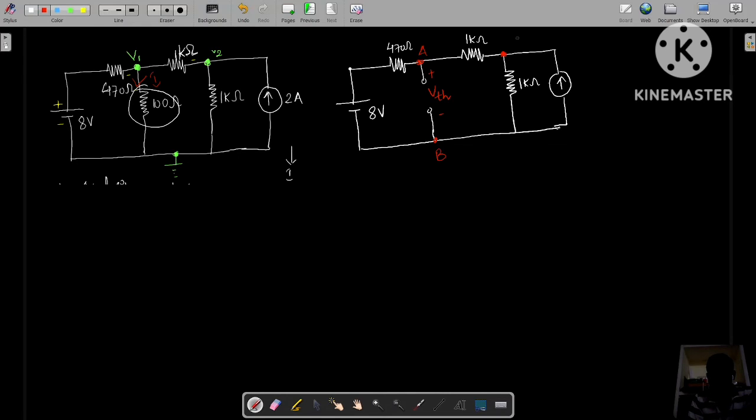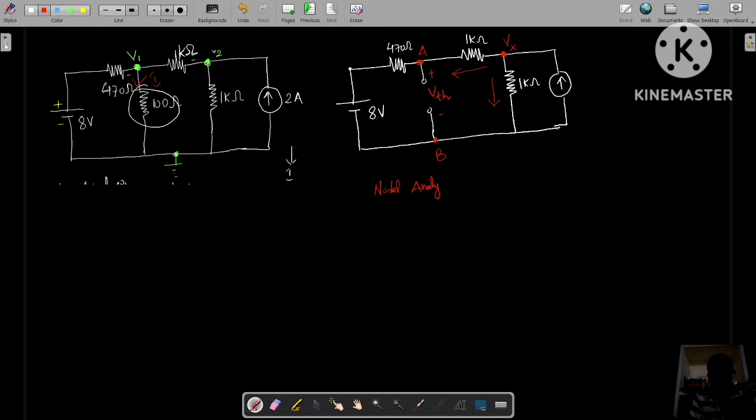Assume the voltage at this node as Vx, for example. Now apply nodal analysis. When you are applying nodal analysis, you need to assume all the currents as outgoing currents. So this is one outgoing current and this is another outgoing current, but this will be the incoming current. So the sum of all outgoing currents is equal to the incoming current. This is KCL, and we are applying nodal analysis